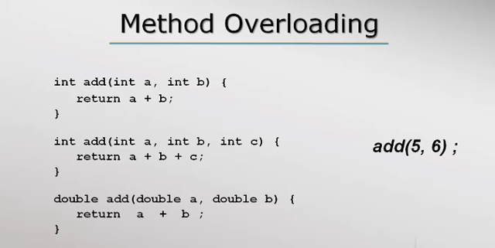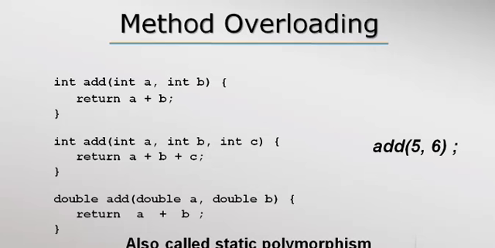So as said earlier, just by looking at the method name and the arguments that we pass in the method call, we can identify which method will be called even if their names are the same. Hence, this is also known as static polymorphism. Poly means many and morph means form. So it signifies that the overloaded method has multiple forms. And which form will be called can be determined statically or at compile time.